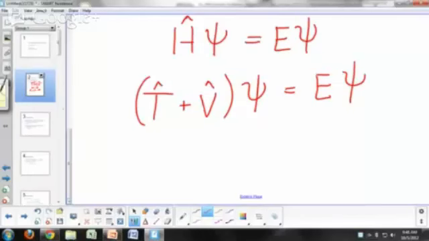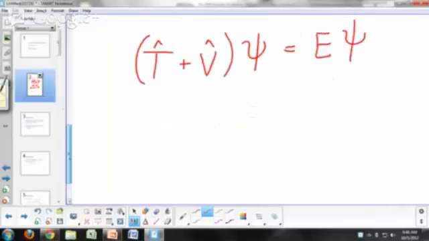Let's see if you remember what's the kinetic energy operator for a particle in one dimension. Negative h bar squared over 2m,